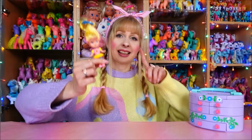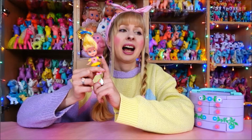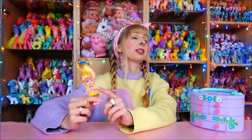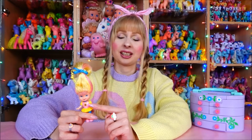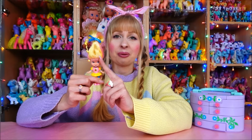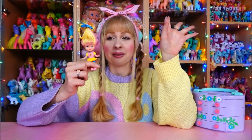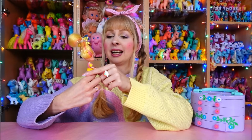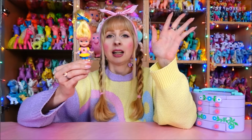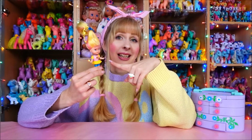And at this point here, remember, I found this in late November. I had not opened them, and I just still had them in the package where I bought them online, and so I was not sure if this was really one that I didn't have yet, because they all have kind of similar color schemes and just different outfit variations, but it's a lot of yellow, it's a lot of pink, but this one I did not have. So